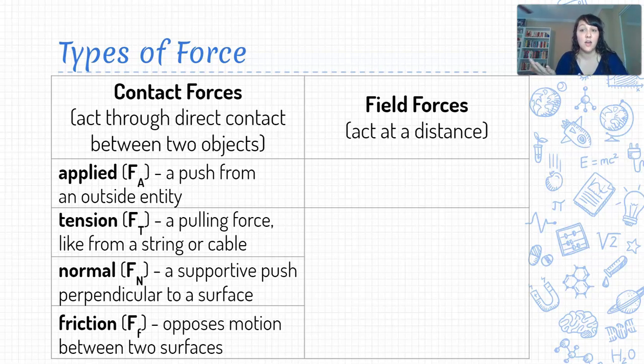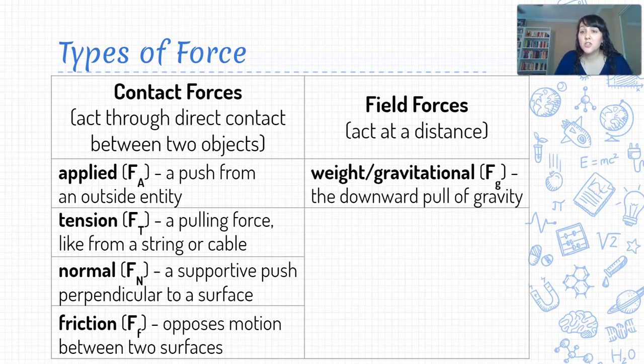We also have another category of force, which is field forces. And field forces can act at a distance. They don't require direct contact between 2 objects for that force to be exerted. It's this action at a distance, okay? What force that we looked at for our donkey is a field force then? Yeah, so gravitational force is a field force that ultimately Earth's gravity always pulls us down whether we are physically